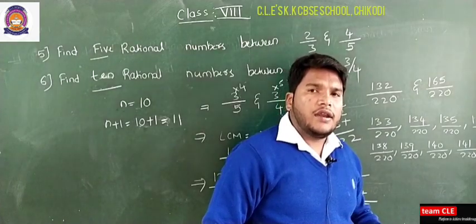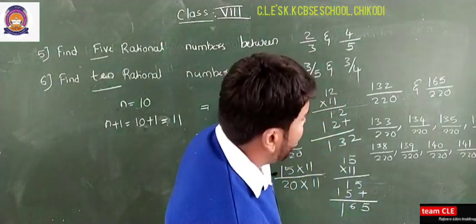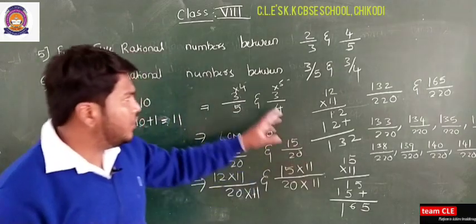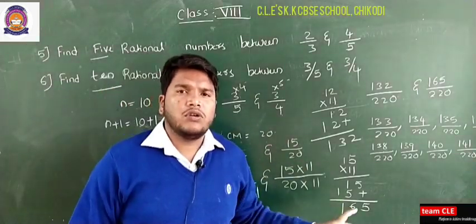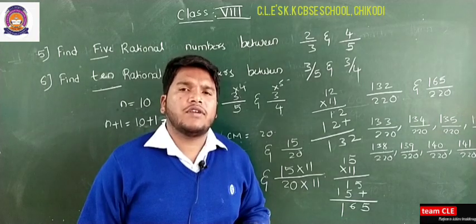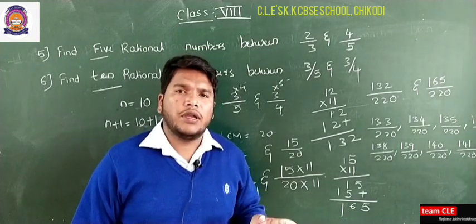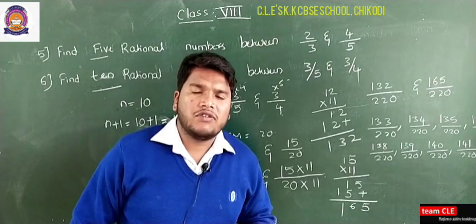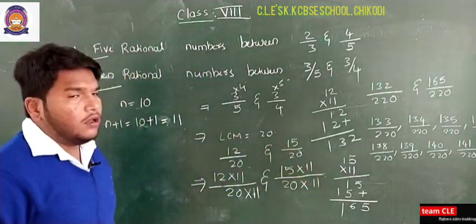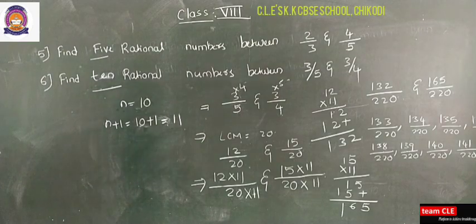You can write any 10 rational numbers, and you can note down this video of exercise number 1.2. Just go through this video, solve the examples of exercise number 1.2 and complete the previous exercise, and this completes your first chapter, that is your rational numbers. So all of you go through this.